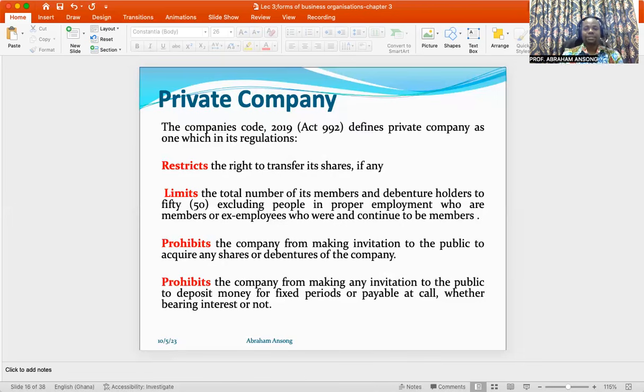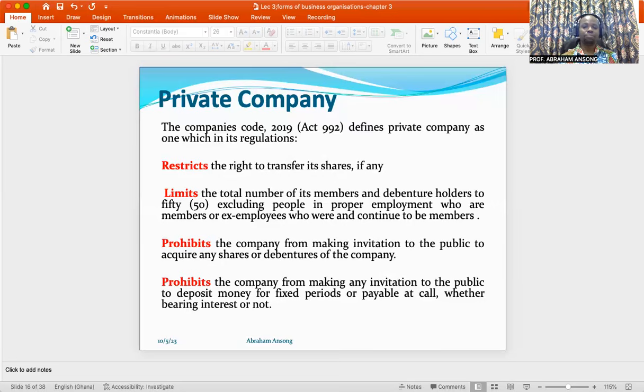If it is private, the shares will normally be contributed by some number of persons, as you've seen in the earlier point. And so the company cannot just go out there and be inviting the public to come and invest in that particular company, okay? They cannot also just be asking for debenture holders to come and invest in that particular company. This provision is there to protect the general public, all right?